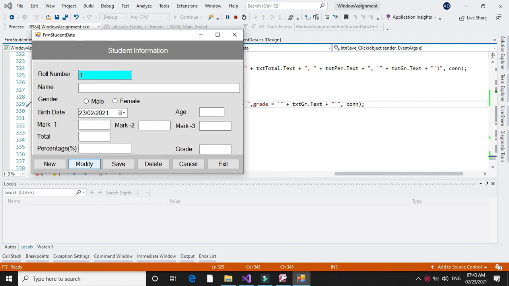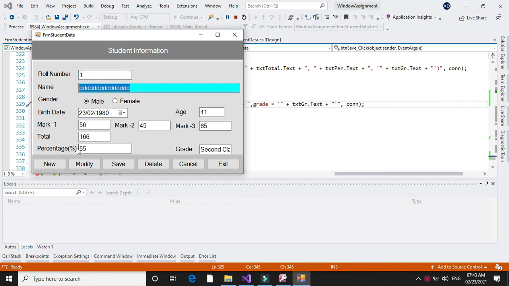When we press enter, it will display the data. We will change the marks and we will save it. To check whether the data is updated, you can open the database, or again you can press here modify, it will display the new data.